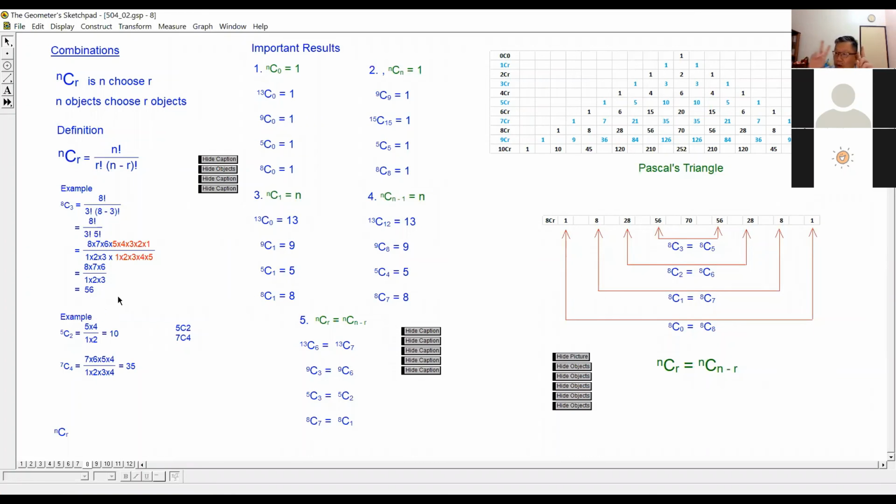5C2, you choose only two numbers. Start from 5, go down two numbers. Start from 1, go up two numbers. Answer 10, correct. Then 7 choose 4: you start from 7, go down 4 numbers. Start from 1, go up 4 numbers. So that's how you're going to calculate nCr. Okay, now I want to tell you some